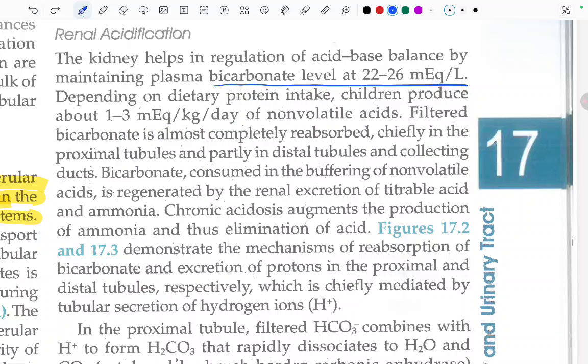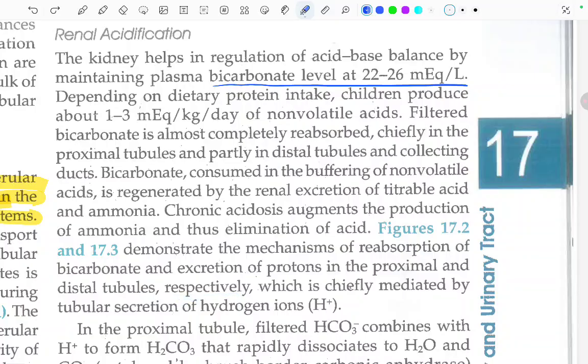Filtered bicarbonate is almost completely reabsorbed, chiefly in the proximal tubules and partially in the distal tubules and the collecting ducts. Bicarbonate consumed in the buffering of non-volatile acid is regenerated by the renal excretion of titratable acid and ammonia. Chronic acidosis augments the production of ammonia and thus elimination of acid. Figures 17.2 and 17.3 demonstrate the mechanism of reabsorption of bicarbonate and excretion of protons in the proximal and distal tubules, respectively,